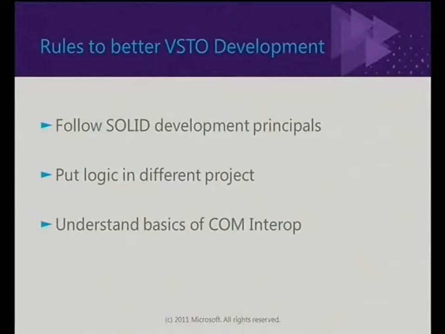There's heaps of examples of how to follow SOLID dev principles. I won't jump into them here. But one of the things we can do is in our ribbon callbacks, instead of putting all our logic in there, move it to a separate project. If we put all our logic in a separate project, it can then become testable. Even if you new up, like in your loaded classes, I go new my application logic, and then from there, all your application can live behind there, or you have multiple classes and you delegate that responsibility to each of those classes. Just by moving that code out of the code behind, you can alleviate a lot of these problems,